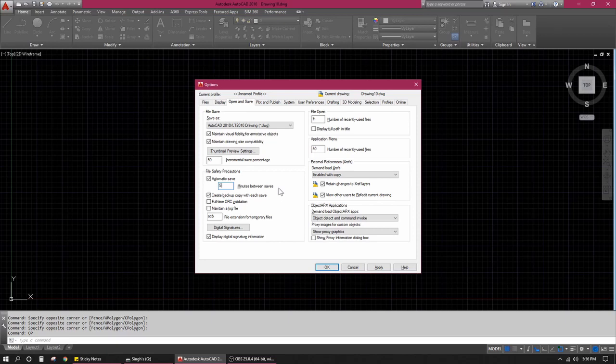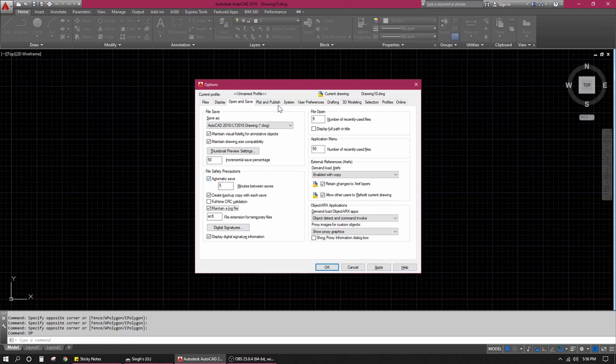because what AutoCAD does is that it crashes randomly. So to prevent your data from being lost, or to prevent your effort from going down the drain, you need to keep a smaller save time, and always maintain a log file. It's just below that. Click on maintain a log file. From this you can recover the drawing that you have. I'll tell this to you in the later sessions.